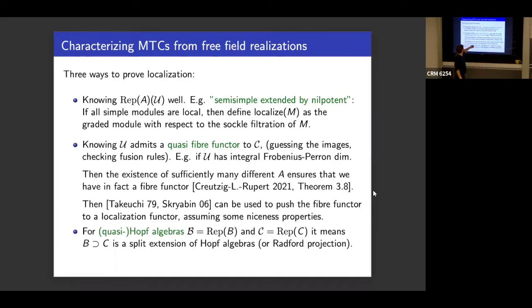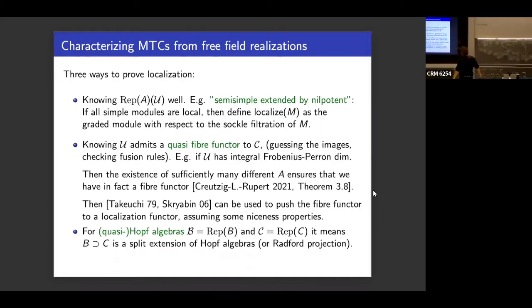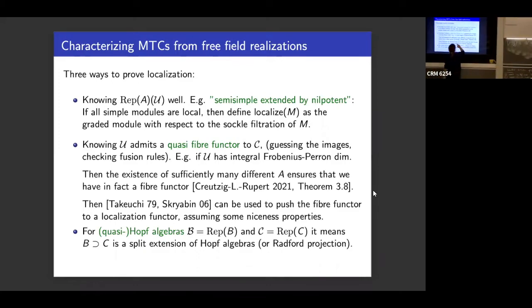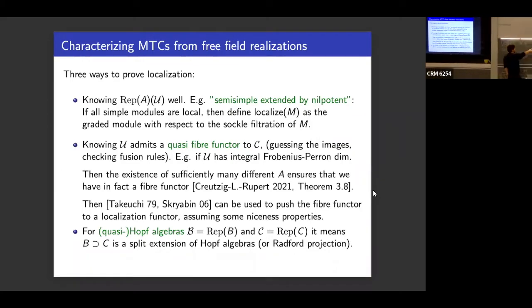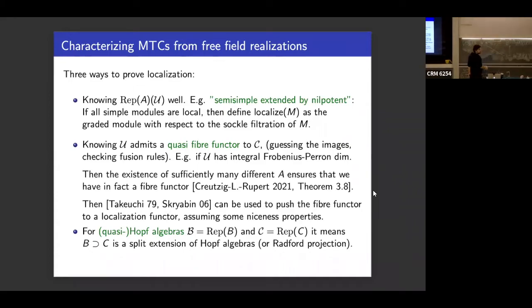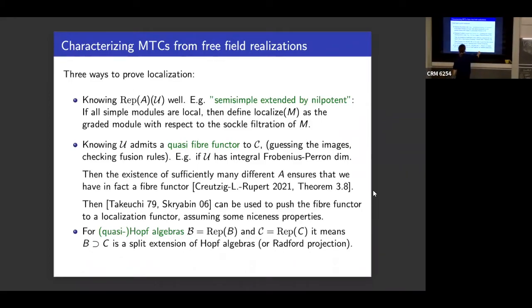So it involves much knowledge about the fusion rules here, but not the associators and stuff, just the fusion rules. So suppose you have this, then we have what I always call the associator lemma. In this paper, if you have sufficiently many different A, so if you have the situation several times, such that the product of these A is a projective module, so somehow if you can cover your category by situations like this, then you can prove that in fact you even have a fiber functor.